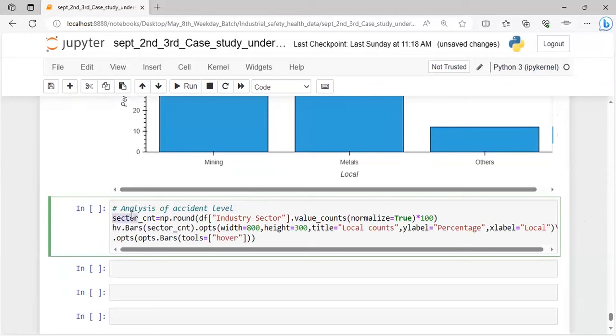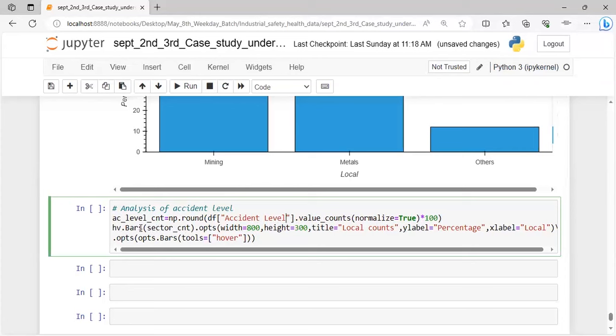In place of sector, just write the accident label, and for industry sector we have to write the accident label. All fine. Next, the bars here also we have to write the